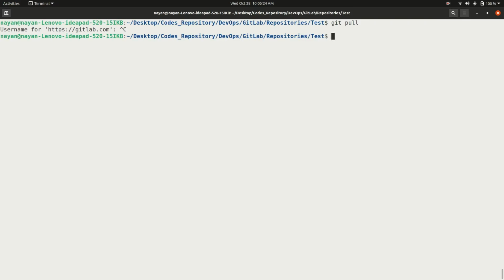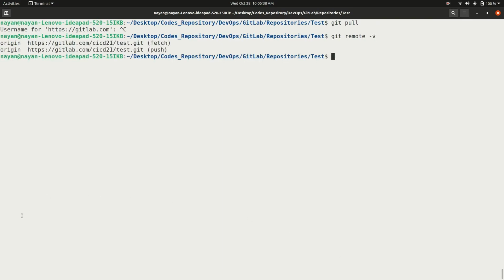First we will see that my remote URL has been set up to point towards HTTPS. So git remote -v. As you can see, at present my remote URL points towards HTTPS and now I need to change it towards SSH.